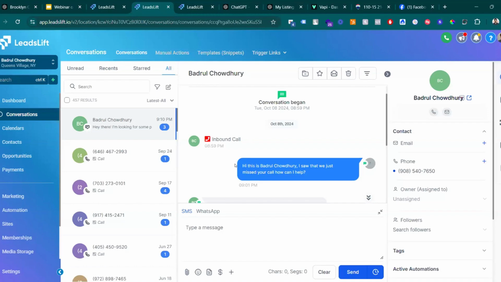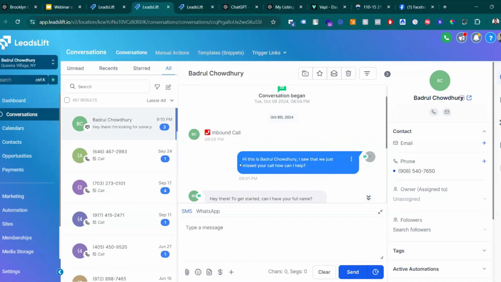You'll just come back to your day and see that AI is doing the job for you. AI is talking to the client like, "Hi, this is Badrul Chaudhary. I saw that we just missed your call. How can I help?" As a customer, if I see this kind of message, instead of going to the second or third person, I'll say, okay, this person has replied to me immediately. So I can say, okay, I want to talk to you.